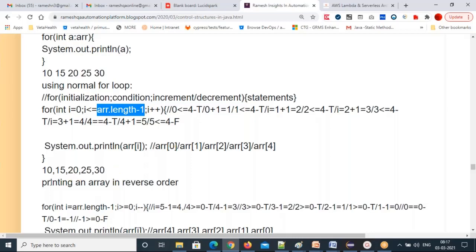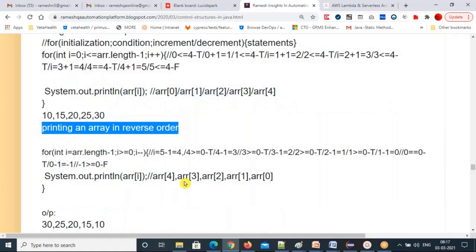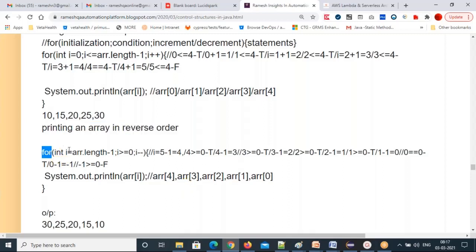Next, how to print an array in reverse order. I want to print the array in reverse order. Reverse order means last element to first element. How can you print from the last element to the first element? What is your initialization? For int I equal to array dot length minus 1.